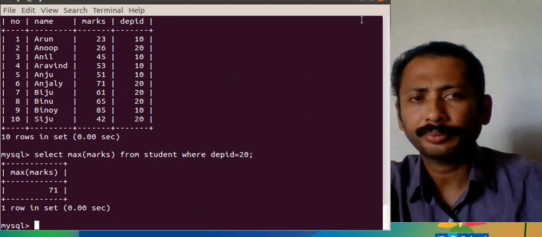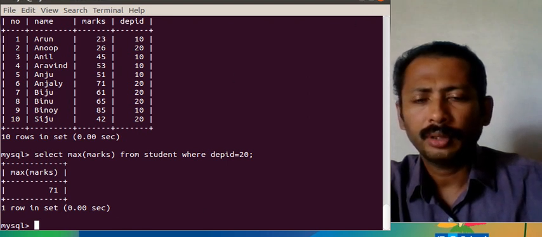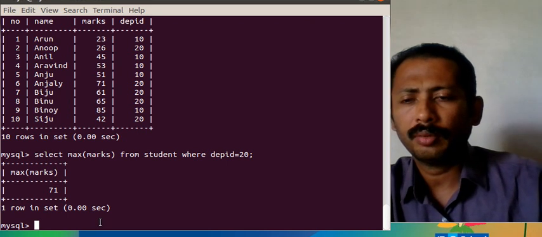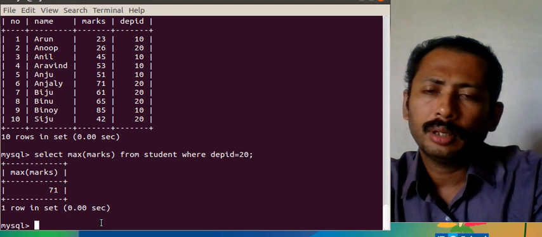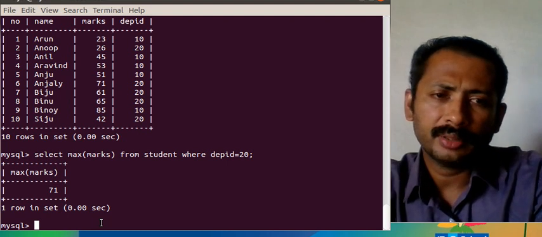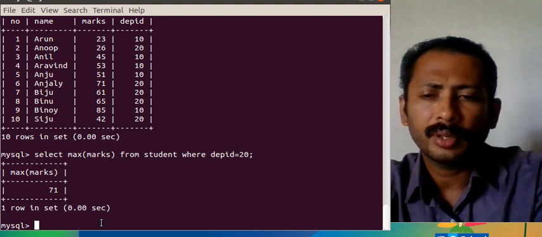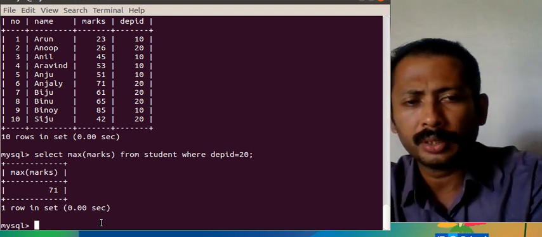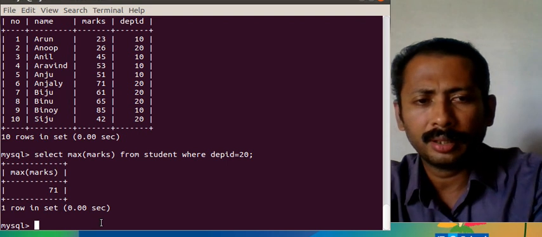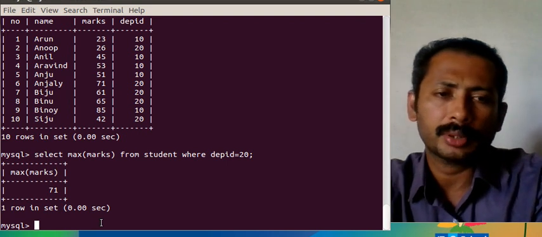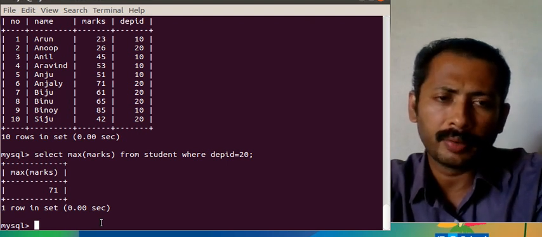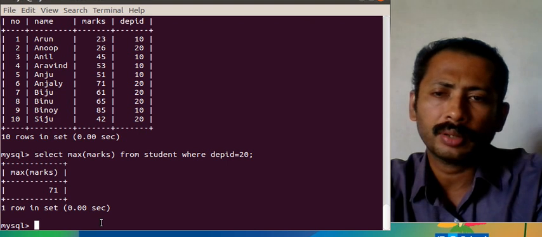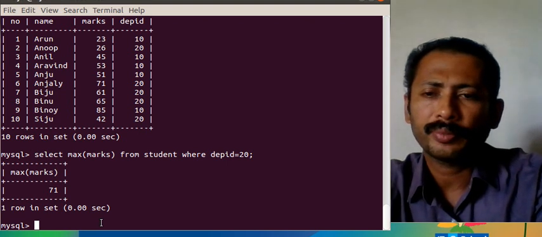Now we will see two more type of queries in the same class. So we have seen about the aggregate functions. Okay, so you can practice different queries on this. You can make questions on how to get this type of outputs. Okay, what is the name of the student having minimum marks? Okay, you can do this using inner queries.